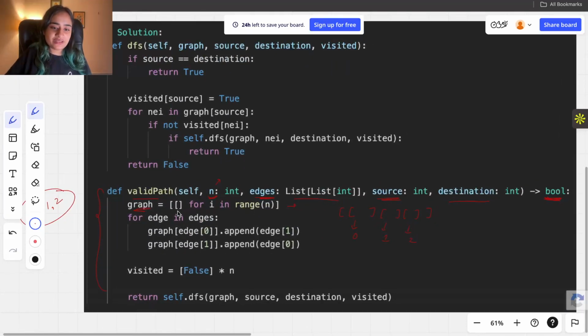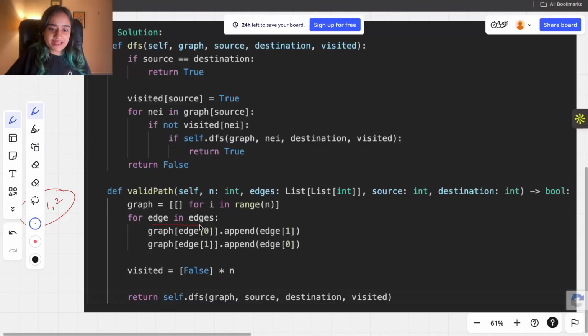That's why we created how many lists? 3 small lists, and we are going in n, so that's 3 basically. So we created an adjacency list which is empty right now. The little lists don't contain anything inside them. Okay, so we made our empty adjacency list. Now we are going to fill it.